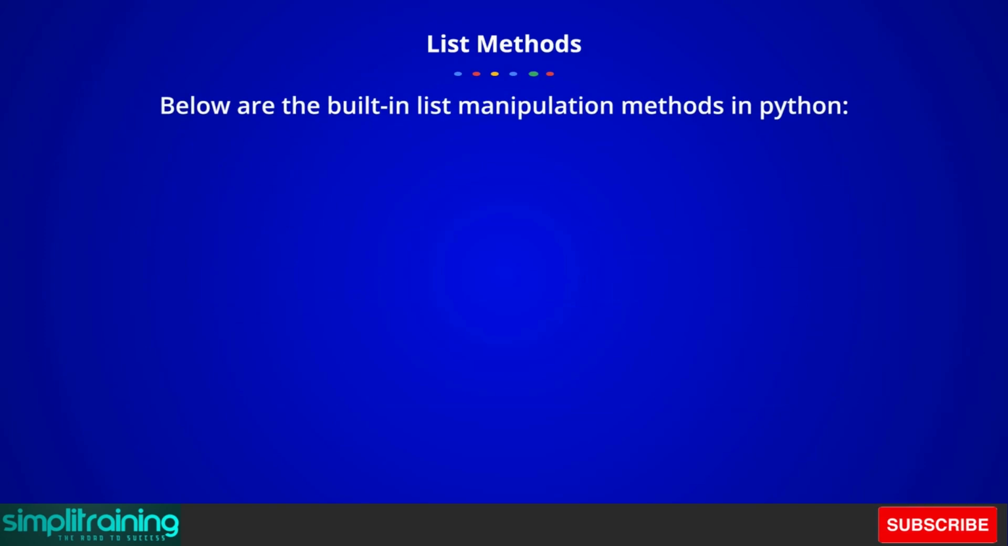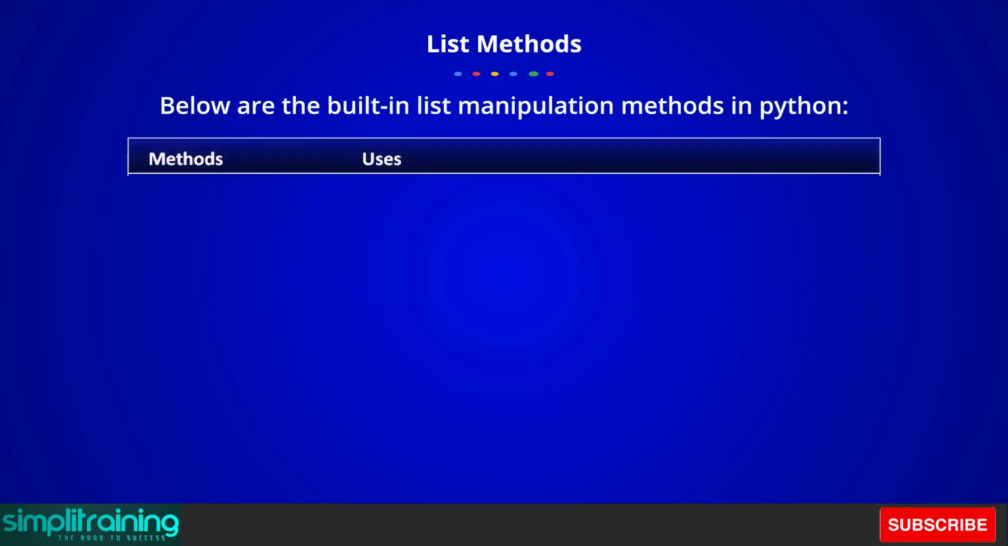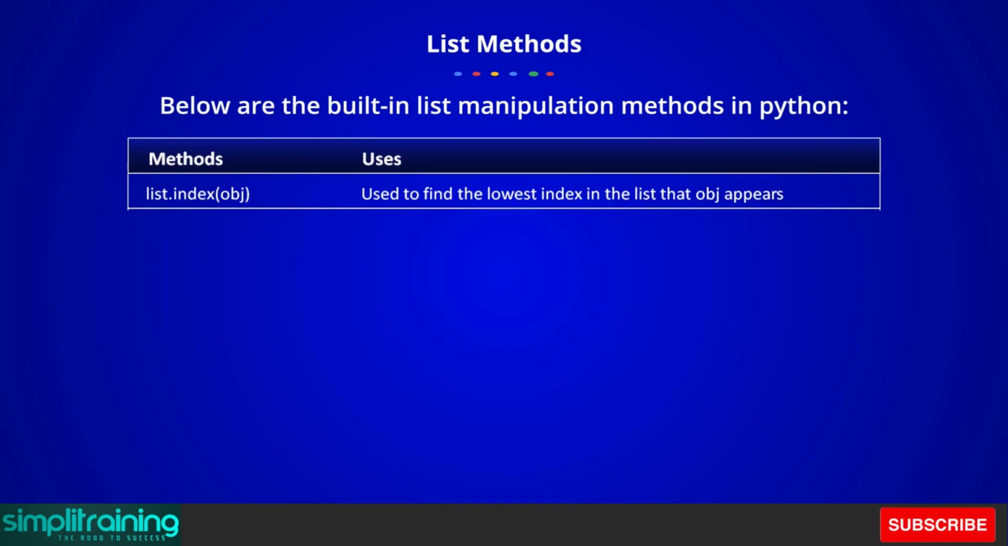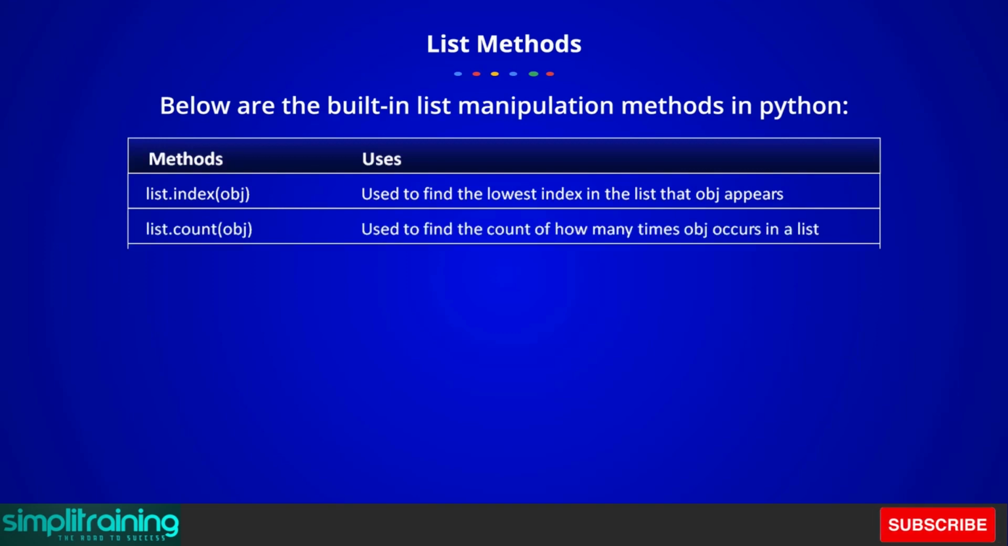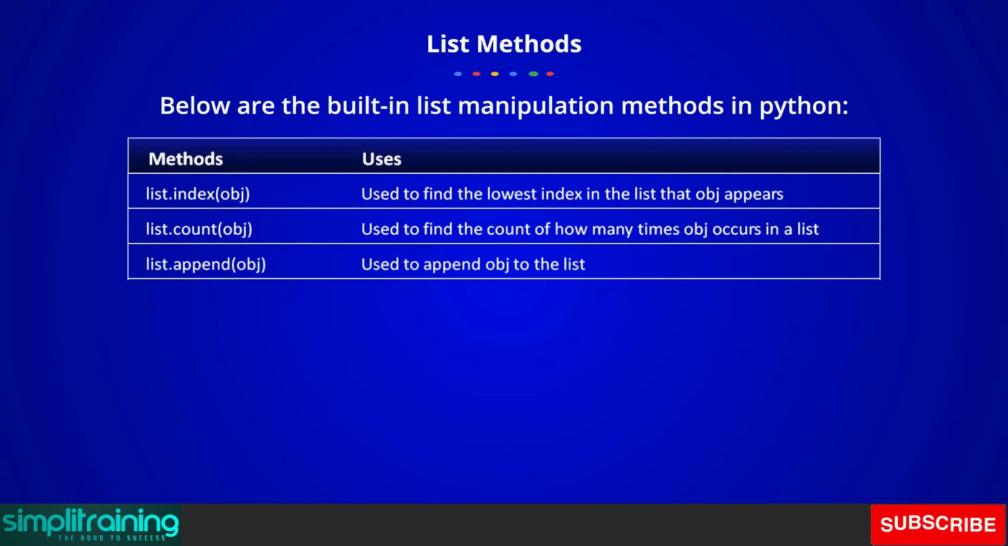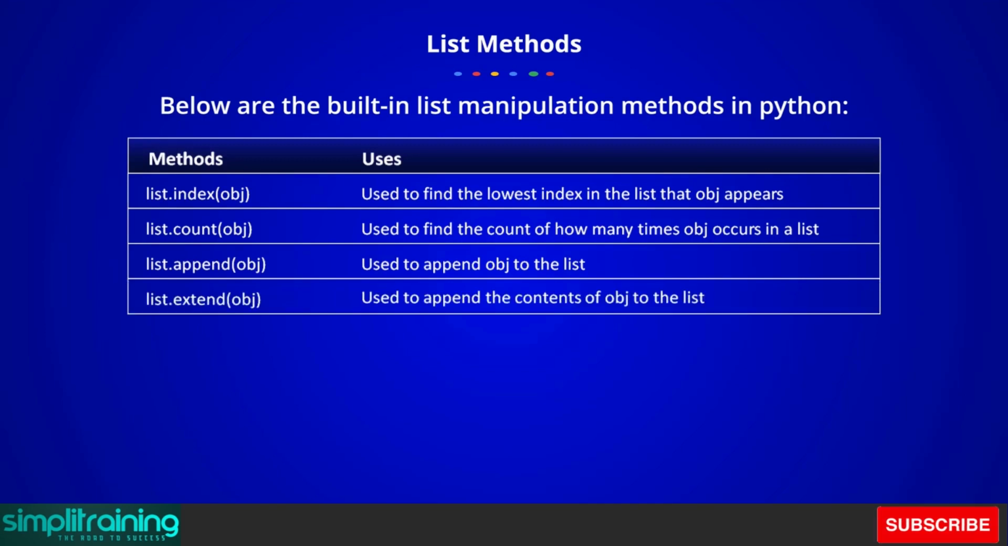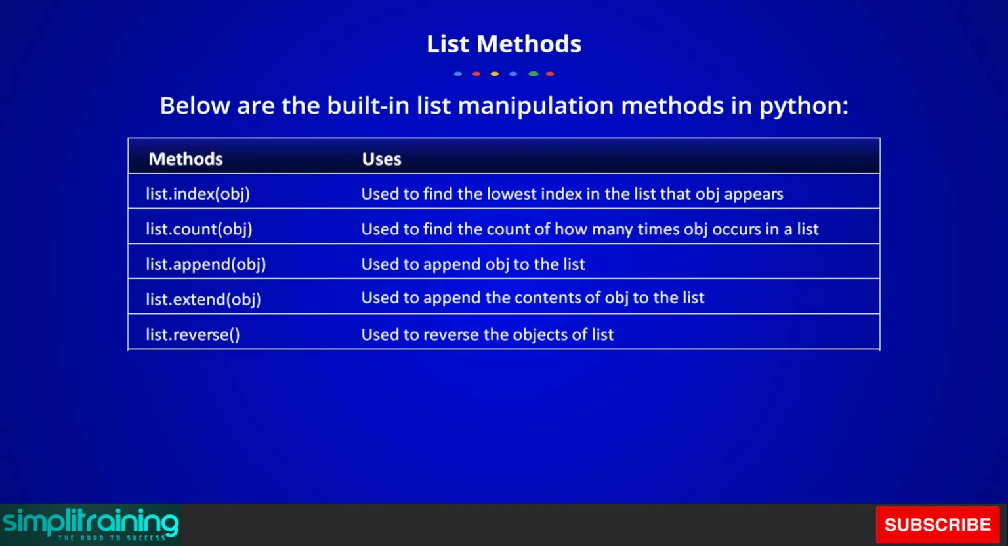Python also provides some built-in list manipulation methods, such as list.index, which is used to find the lowest index in the list that the object appears; list.count, used to find the count of how many times the object occurs in a list; list.append, used to append the object to the list; list.extend, used to append the contents of the object to the list; list.reverse, used to reverse the objects of the list;